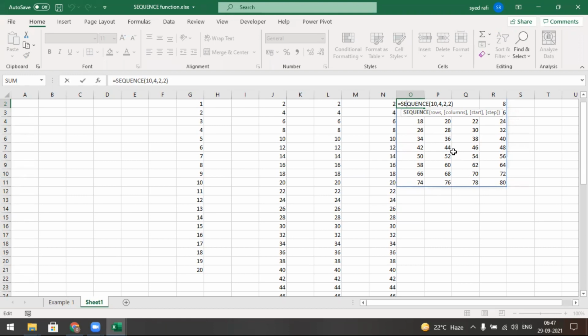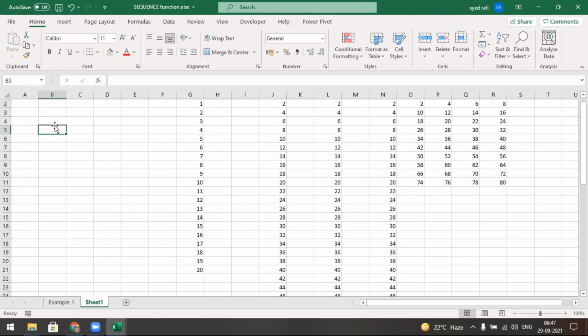You may also do it like this. There is no need to select like this. You just click in one cell, say sequence, and 5 rows, 2 columns, and 1 comma 1. What happened? I gave 5 rows, 2 columns, 1 comma 1.